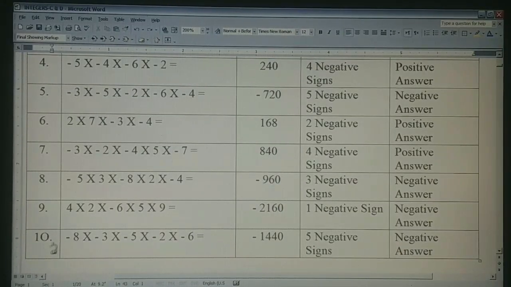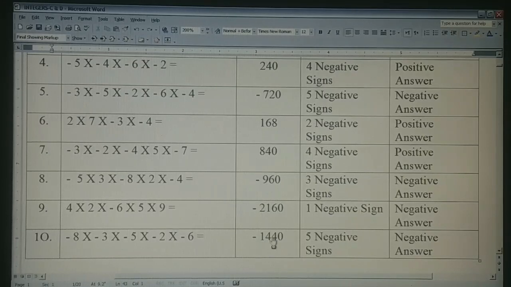The next question, question number 10. Minus 8 into minus 3 into minus 5 into minus 2 into minus 6. Here if we count the number of negative signs, there are 1, 2, 3, 4 and 5. 5 negative signs. 5 is an odd number. Whenever there are an odd number of negative signs, our answer will be a negative answer. So we just multiply the numbers and put a negative sign in the final answer. Again here 5 and 2 are there, so that we will multiply later on. So we start with 8 3s are 24. 24 6s are 144 and 144 into 5 2s are 10. 144 into 10 is 1440, but the answer will be minus 1440.